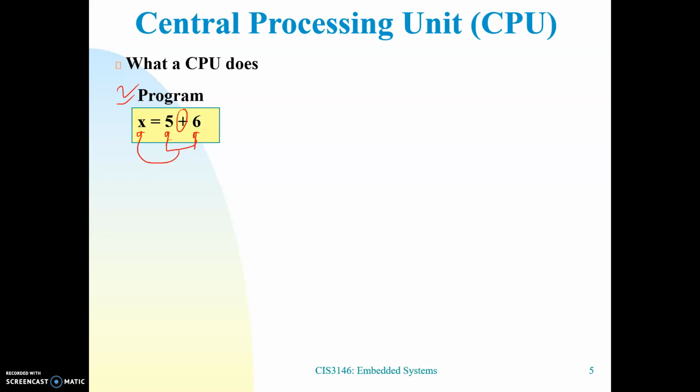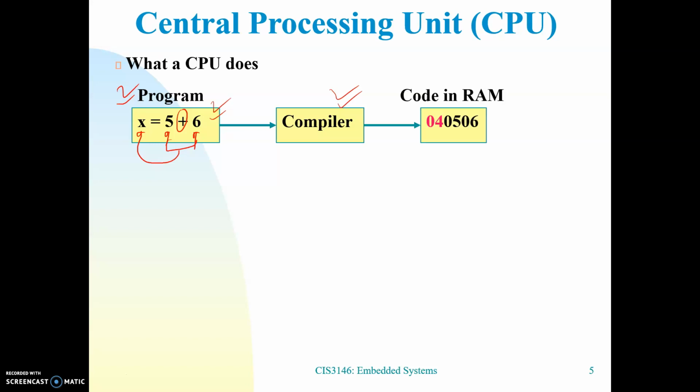Since the computer understands machine language, we cannot translate this program into machine language in one step. So we use a high level language to write the program, and then we compile it. A compiler is required to compile the program, and then it will be coded in the RAM. So this is the coded version of this program, and this is my instruction